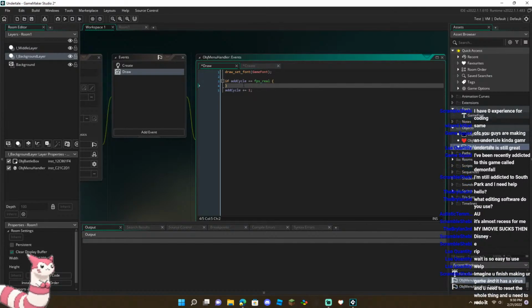Okay, if the add cycle equals, if it's higher, sorry, I can do this. If the current add cycle is higher than FPS real,